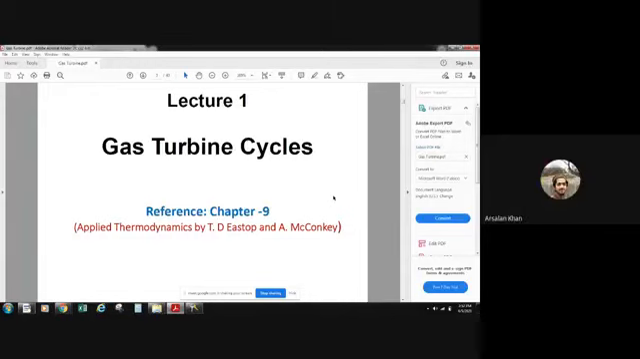नो सर, थैंक यू सर। ओके, चलिए इंशाल्लाह फिर नेक्स्ट क्लास से वी विल स्टार्ट विद द टॉपिक दैट इज गैस टरबाइन साइकिल्स, ठीक है।